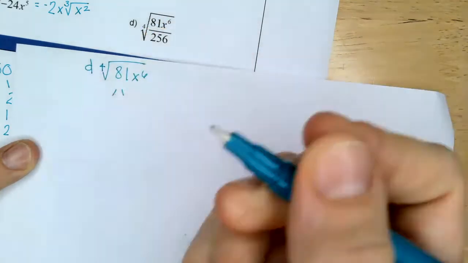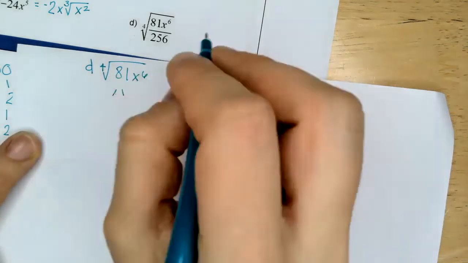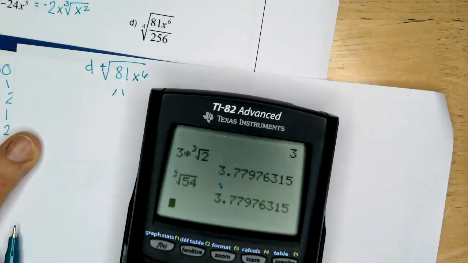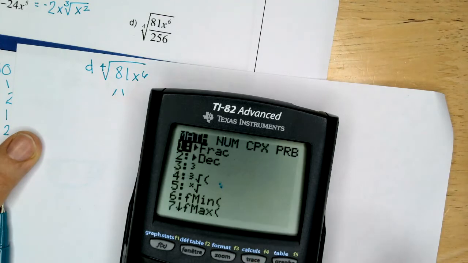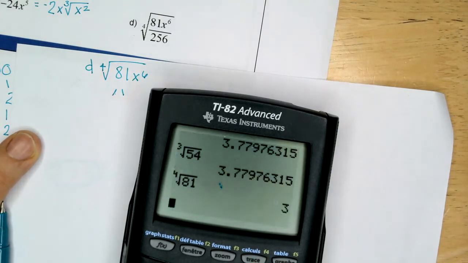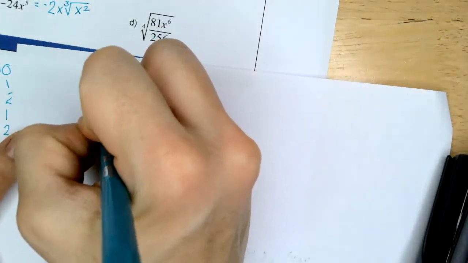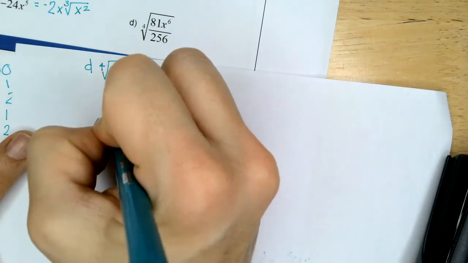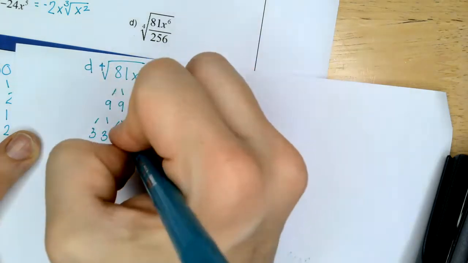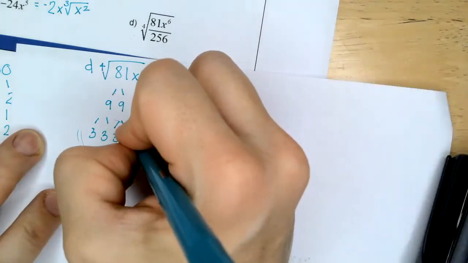So let's do 81. 81 I think of as 9 times 9, right? Or you know what you can do? You can just say, is this going to give me a whole number? It is. So we could factor it and say it's 9 times 9. 9 is 3 times 3. 9 is 3 times 3. And then we have 4 3s. Or you can put it in your calculator. And then we have